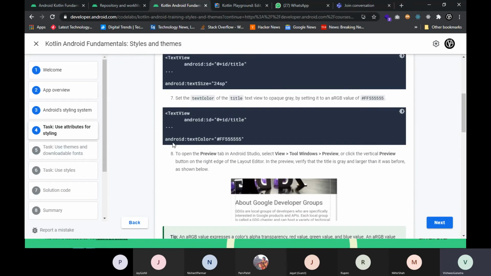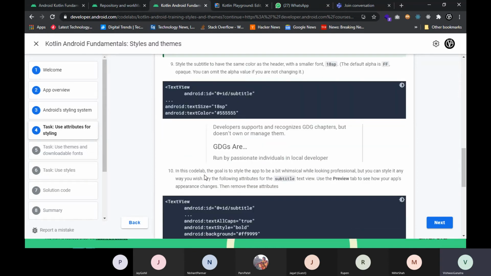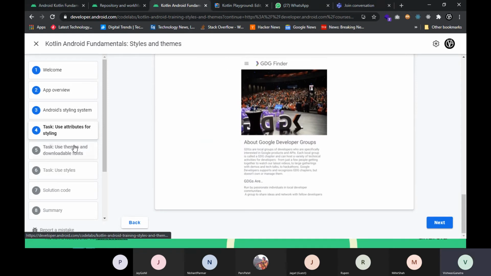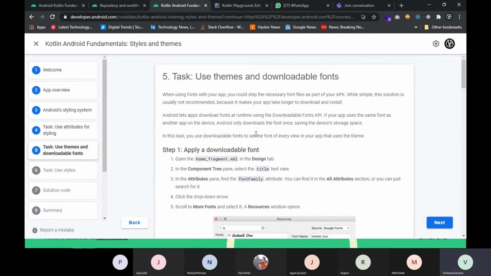We do use some attributes like text size, text color, then font family for text views and other stuff. So you can easily modify or manipulate your text views or other views by using the code. Or you can also go to the attributes section in Android Studio, where each and every property is defined, and you can simply go and change the values according to your need. Next is the use of themes and downloadable fonts.